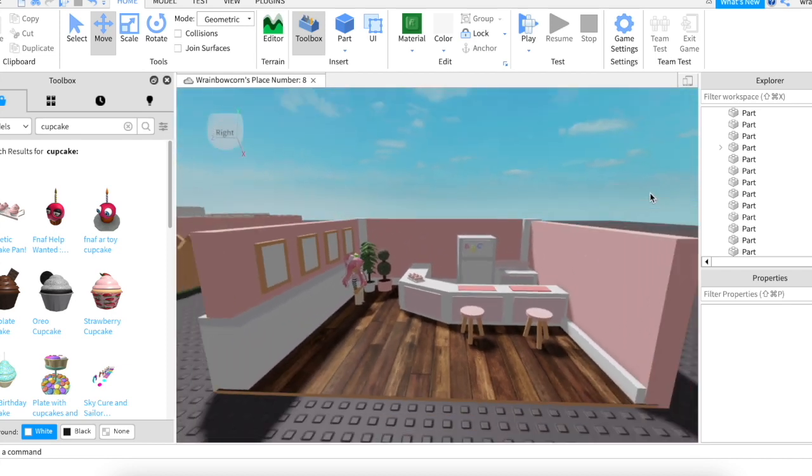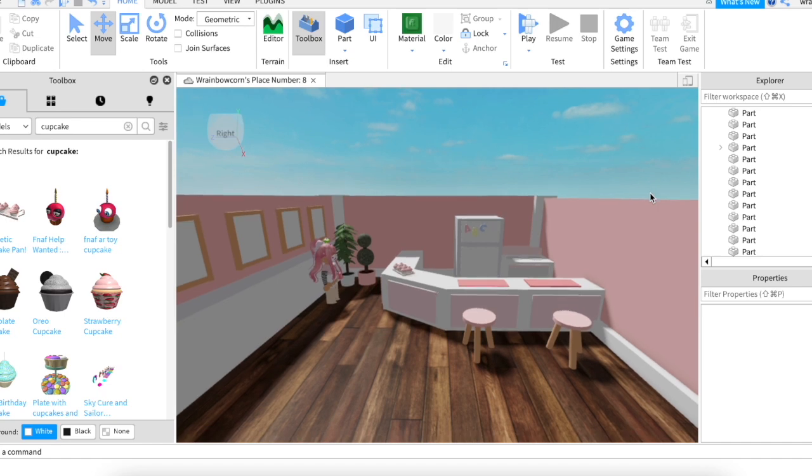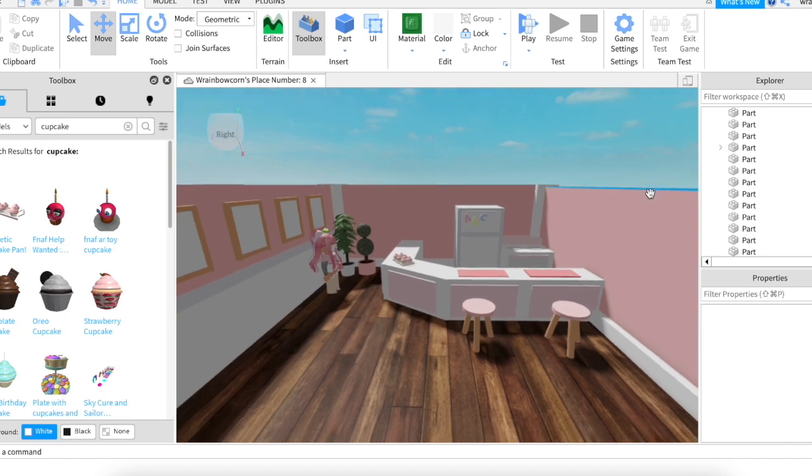If you want me to do a more in-depth tutorial with more tips and tricks and stuff, please let me know. But yeah, that should be it for the video. This isn't the completed room model, but I should complete it and make it a lot more detailed soon because I really like how this is turning out so far.